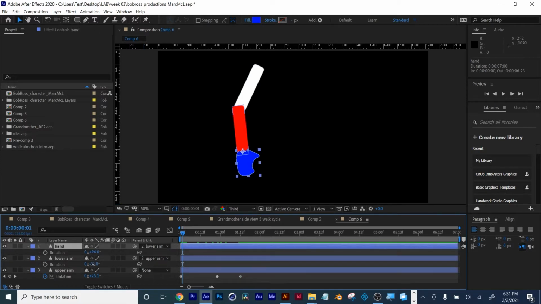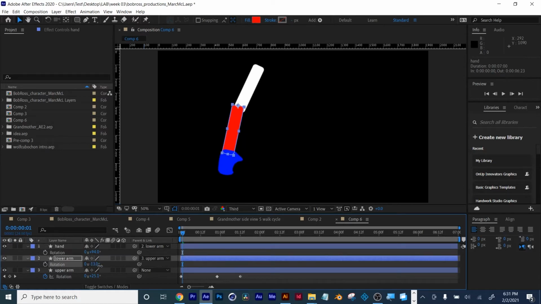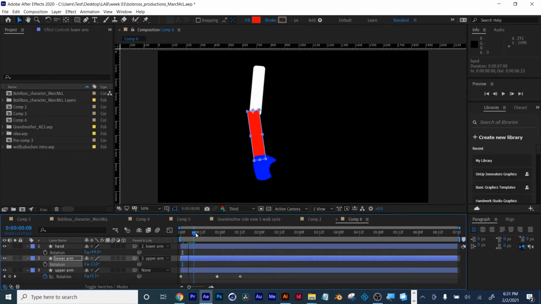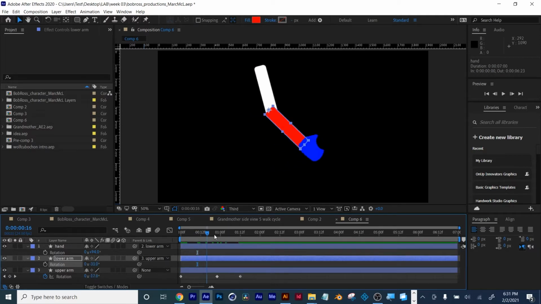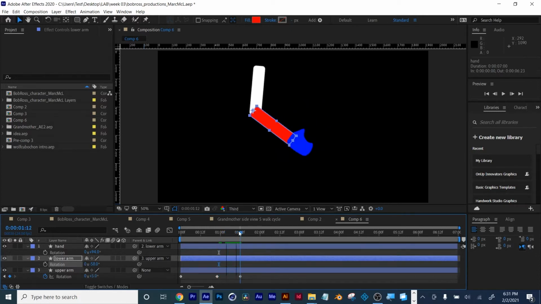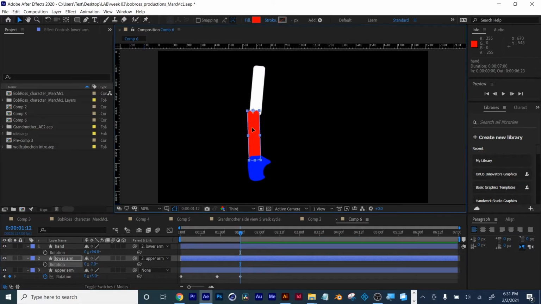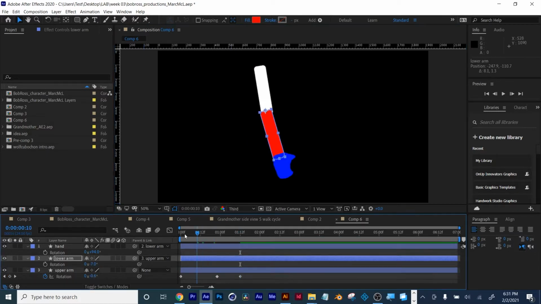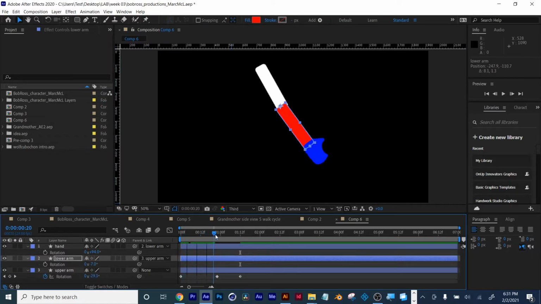I'm going to start with this arm back a little bit. So as this swings through, carry forward a little bit. Here's the top of the motion for that. I'm going to have it carry past it. And then as it comes down, I'm going to have it go past it again. So once the upper arm stops moving,